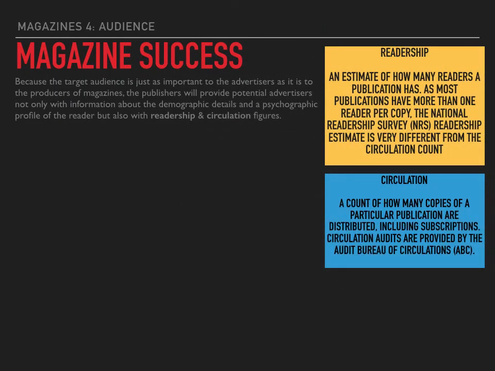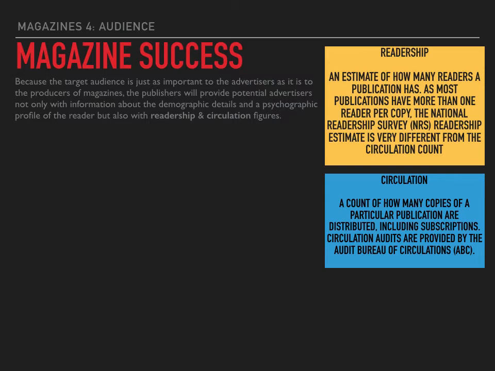So, just to differentiate the two, readership is an estimate of how many readers a magazine has. As most publications have more than one reader per copy, in other words, a magazine will be taken home and passed around a family, or be in a waiting room of a dentist or a doctor's, or even perhaps left on a bus or something like that. So there's often more than one reader per copy of a magazine. The National Readership Survey, or the NRS, their readership estimate is very different from the second figure, which is the